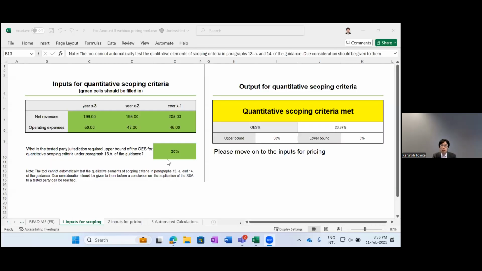So basically, what you should do with this tool is to fill in the green cells on the left side of the tab. Then you can automatically get the result on the right side. For the purposes of this demonstration, I already filled in the same information as illustrated in example 1 of the amount B guidance. So as you see, this is the input tab for scoping. And as Sarani explained to you, the operating expense intensity, OES, should be between 3%